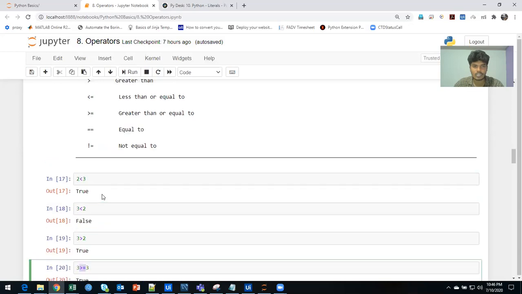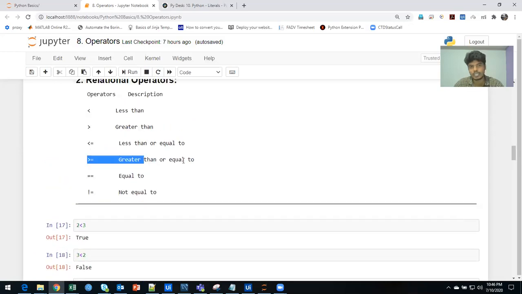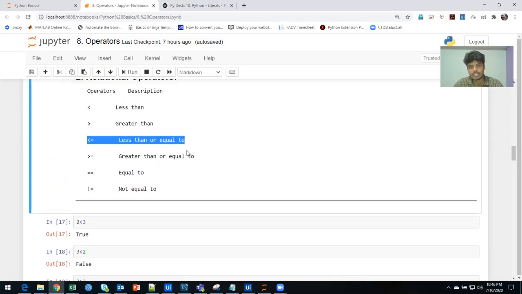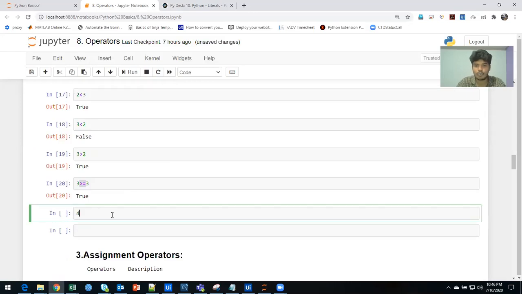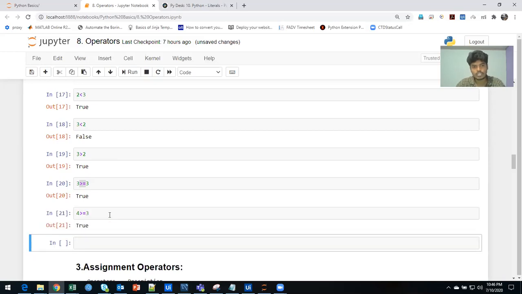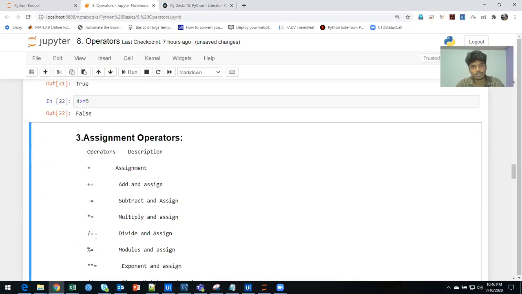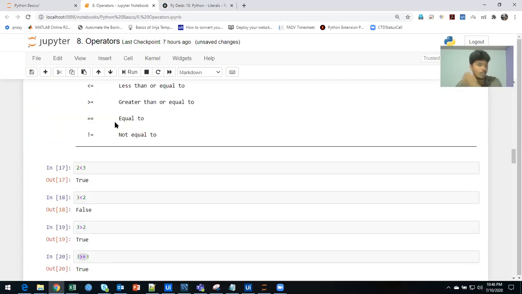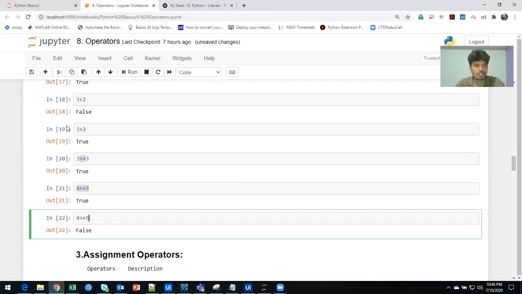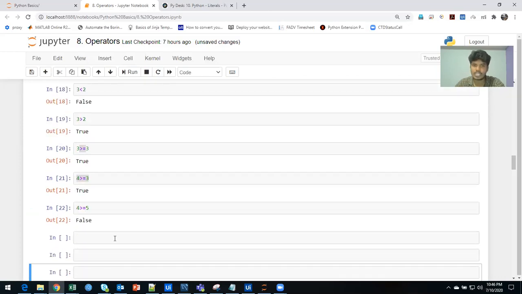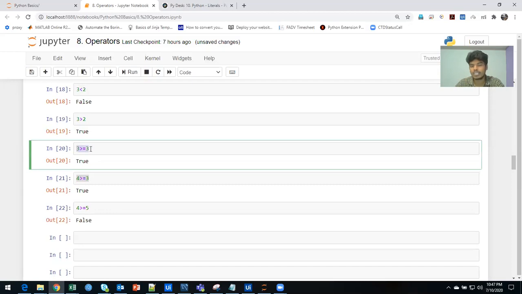It is a very simple thing. This is greater than, and this is less than. If you compare 4 greater than or equal to 3, it is going to be true. If you try 4 greater than 5, it is going to be false. So it's just a comparison. Double equal to, you can use for both numbers and strings. Greater than or equal to and the like work only for numbers, but double equal to works for strings as well as numbers, because it compares the values.